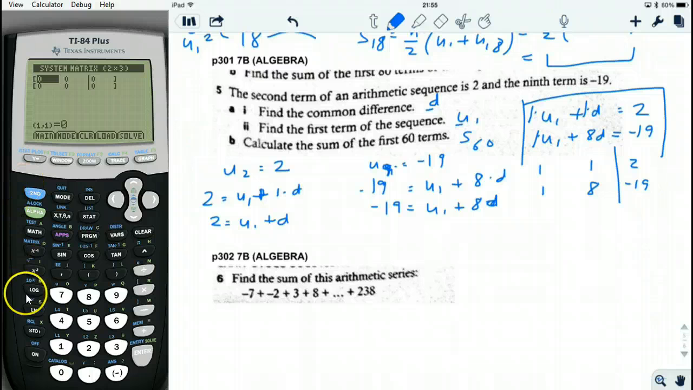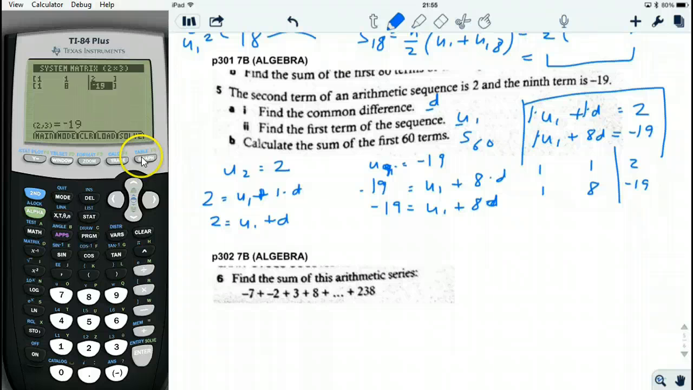So I'm going to put 1, and I'm going to put 1, and then I put 1, and I put 8, and then for these I put 2, and I put negative 19. And then I hit solve,